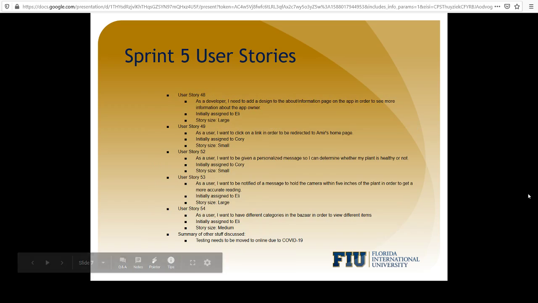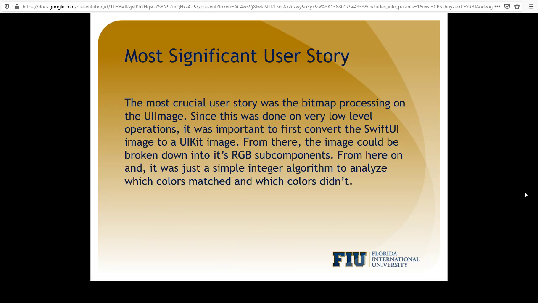One of the main ones we'd like to talk to you about is our bitmap processing for actually processing the images that farmers will be using this app for. So when they import an image and send it to our app to analyze, that image is then broken down into three colors for each of the pixels: the red color, a green color, and a blue color. The main thing that we want to do is break that down so that we can analyze just the